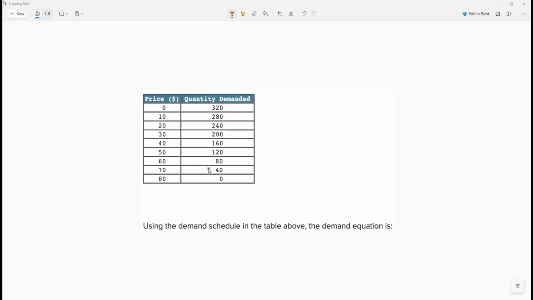In this video, we're going to figure out how to make a demand curve from a demand schedule. So a demand curve or demand function is a formula that tells us if I have a certain price, what's the quantity I'm going to get from that, right? So that we can already just read this from here, but this is linear, so we can figure out how